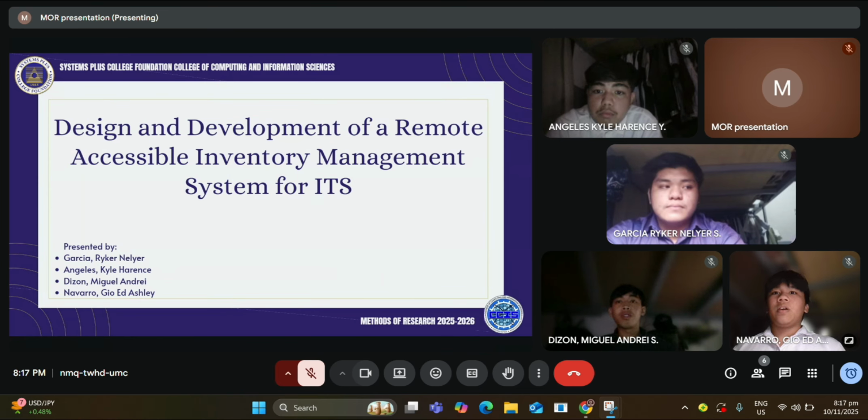The fourth question is, what resources, technologies, or platforms are required to implement your proposal successfully? We use web technologies such as HTML, CSS, SQL, and a database management system hosted on a secure web server. The system also complies with the Data Privacy Act of 2012 to ensure protection of all sensitive data.